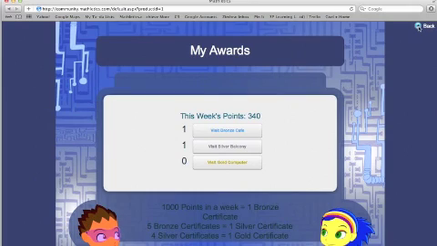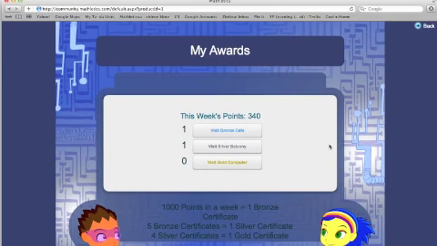Now, if the students are on grade level, it should take about an hour to earn the certificate. What's nice about this is often it means that students will go home and they'll use Mathletics at home. We do have a parent center, so parents can log in and actually see how their child's doing each week. They can even receive a weekly email update. So it's a really nice way to make parents a part of your Mathletics community and provide an additional math